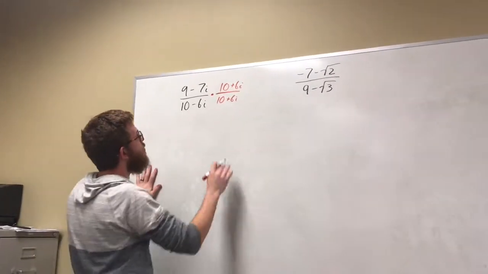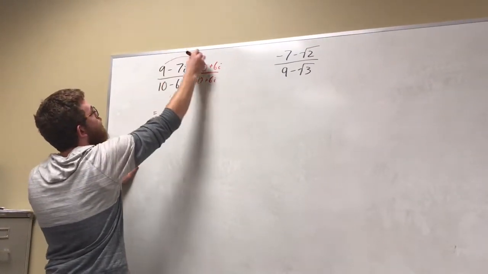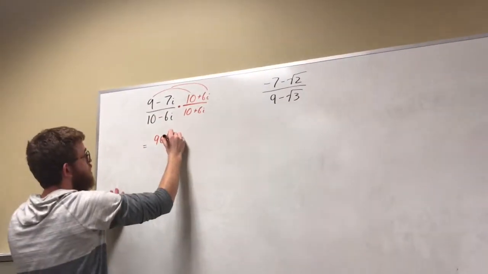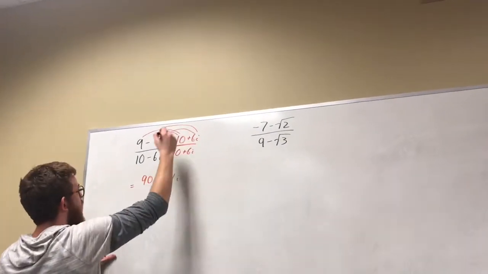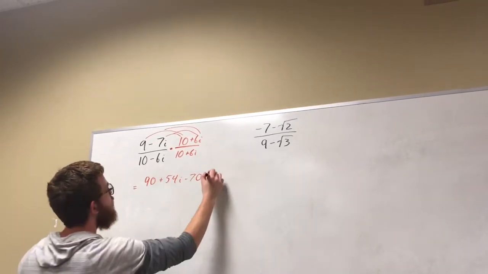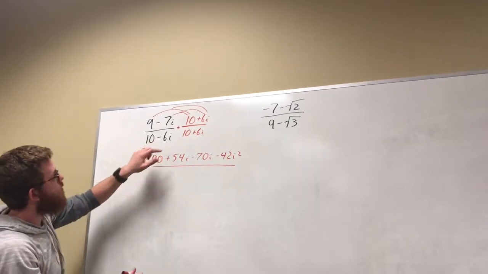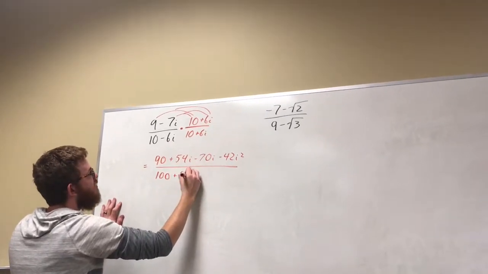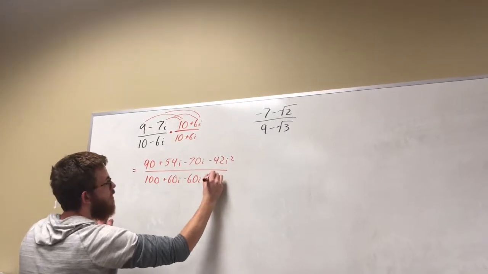When we multiply the top and the bottom by the conjugate, well, the top, I'm going to distribute the 9 times 10 and 9 times 6i. This gives me 90 plus 54i. When I distribute the 7i, I have a negative 70i and a negative 42i squared. On the bottom, I distribute my 10 to get 100 plus 60i, the negative 6i to get a negative 60i